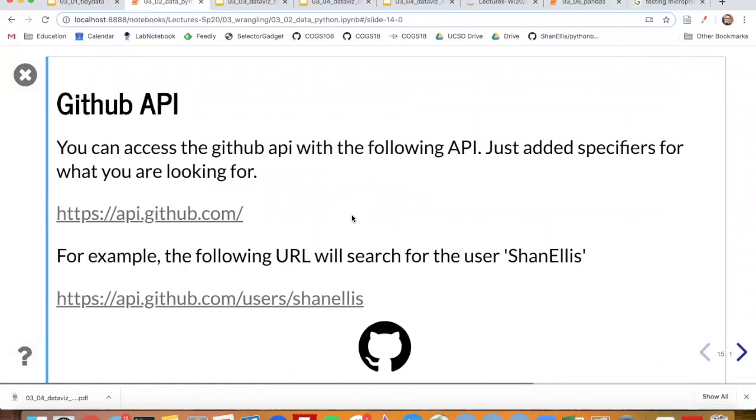So for this example, we're going to use the GitHub API, and you can access the GitHub API from their API URL, api.github.com. And in this case, I'm just going to get information from my account, so user Shen Ellis. This API is open, so you don't need to specify who you are. Most APIs will require more stringent access to get information from it,